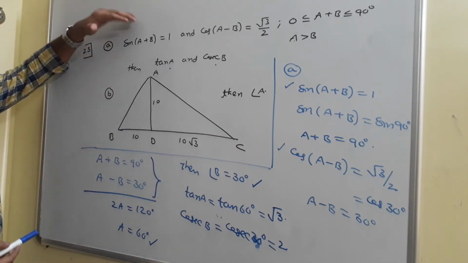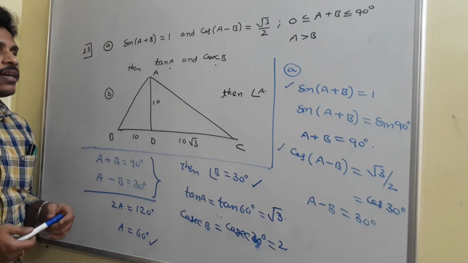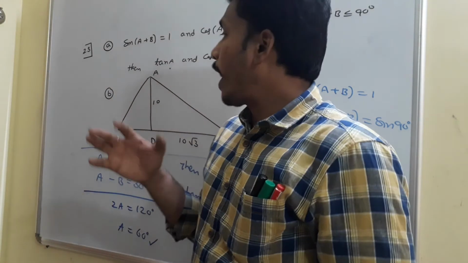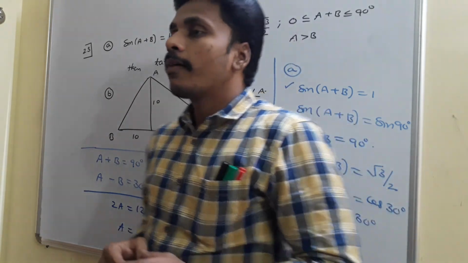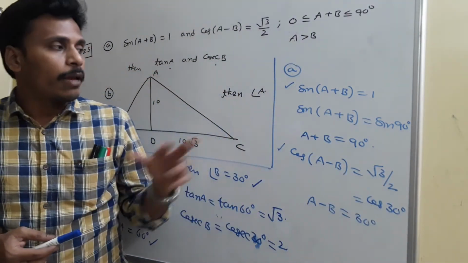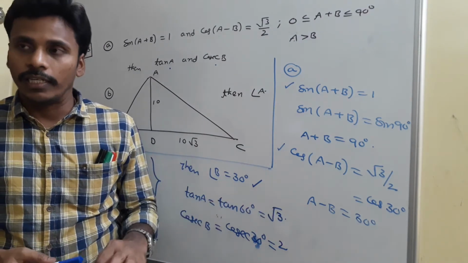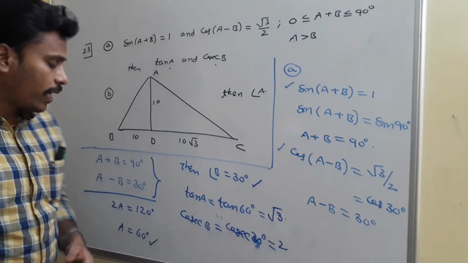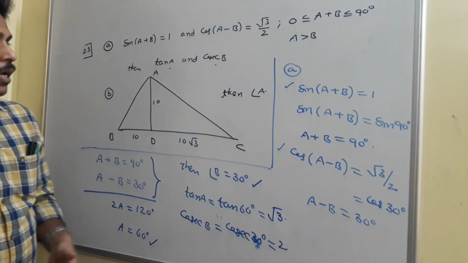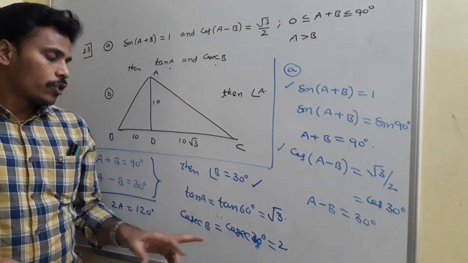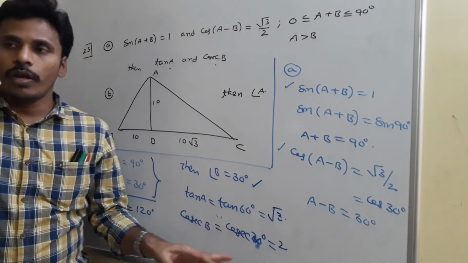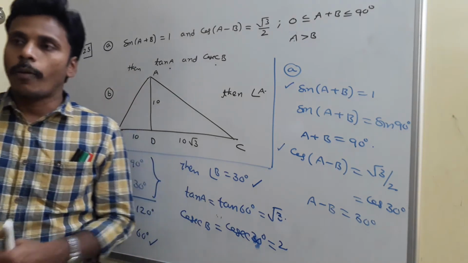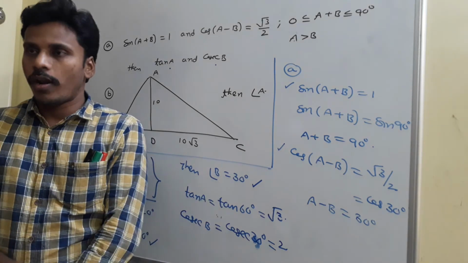Have a look at the problem. See, we are solving the first one. The first problem says that sin of a plus b is given, cos of a minus b is given, and they ask us to find tan A and cosecant B. For that, first of all, by the trigonometric table, a plus b is 90 degrees and a minus b is 30 degrees. Add and subtract these two, or solve these two. If you solve, you will get that a is 60 and b is 30. And we need to find tan A and cosecant B, right? So tan A is root 3 and cosecant B is 2. And this is the first problem out of these two, and we solved it using the trigonometry values for the very basic known angles, right?